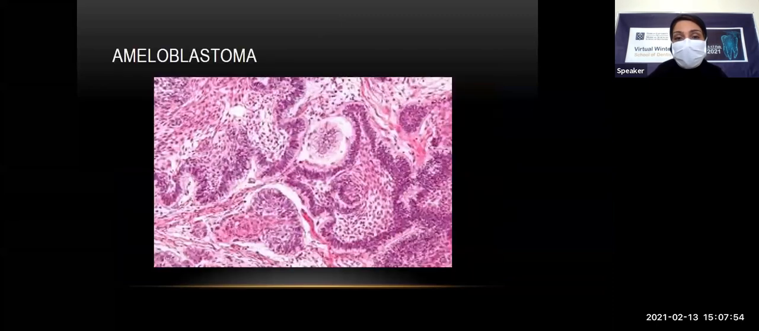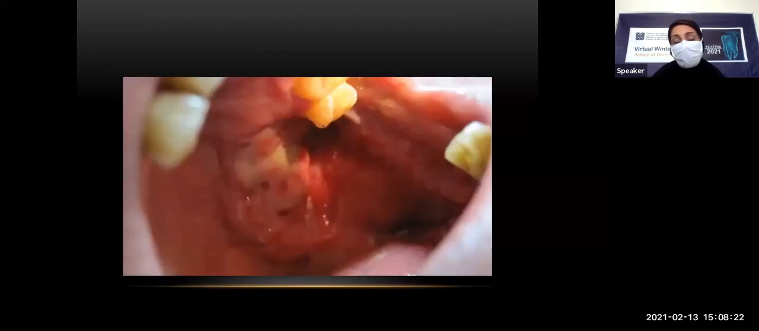And as you see in this slide, sheets of ameloblastic-like cells with a core of the nest that's mimicking stellate reticulum, and columnar palisaded cells with reverse polarization are evident in the periphery of the nest, and the diagnosis of ameloblastoma was confirmed. In the next case, we faced this endophytic ulceration in the area of the hard palate, and the lesion has the